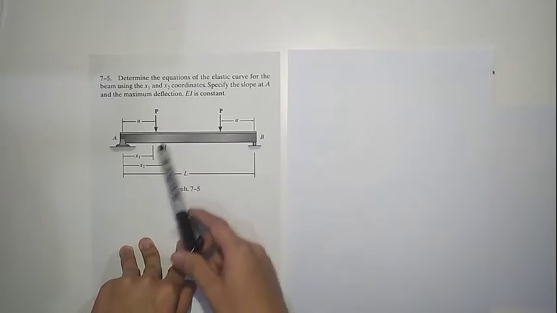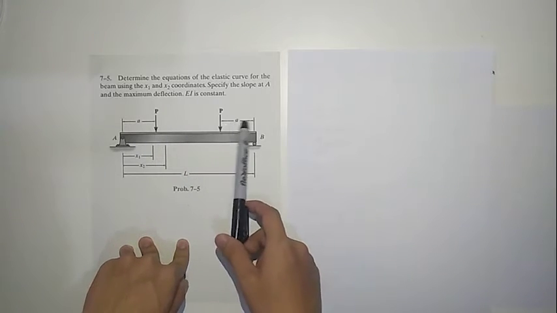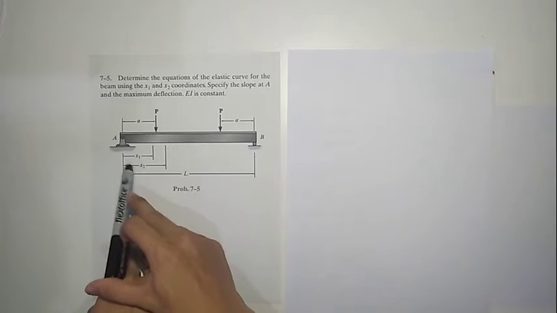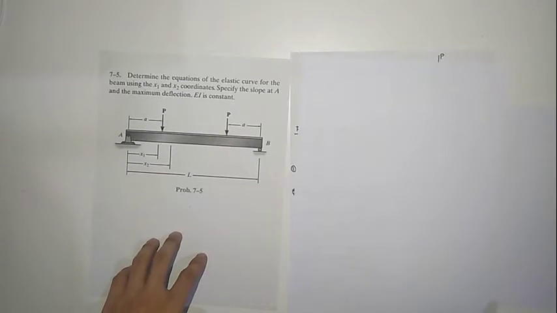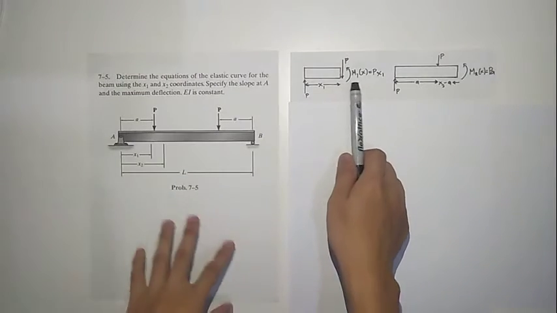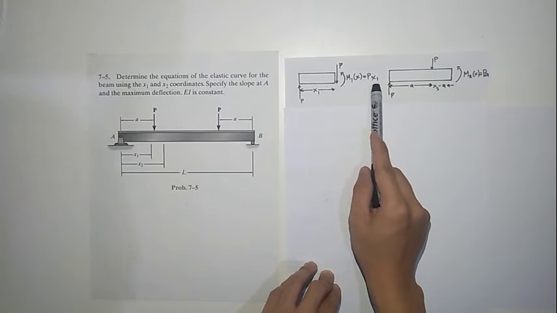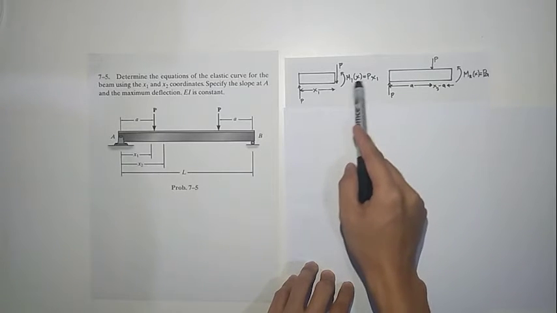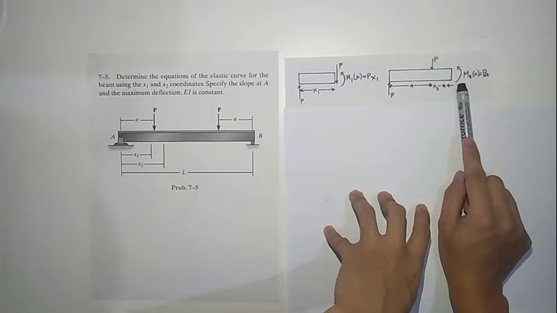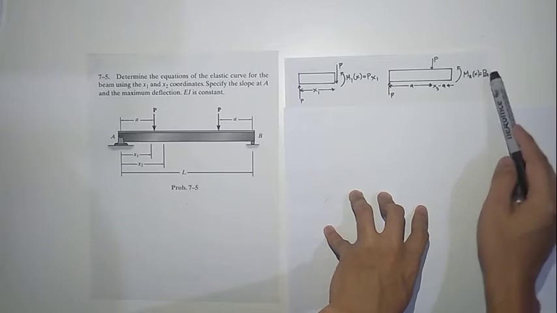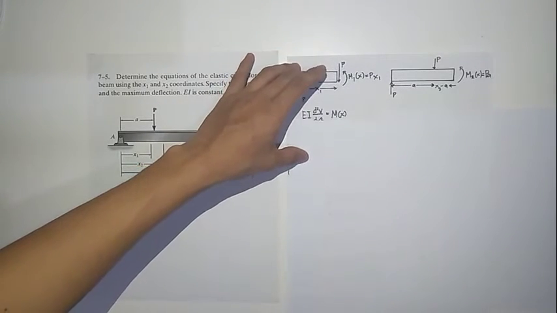So napansin niyo po na parehas po silang may load na P at the same slope at A, and may coordinate na x, y, x1, and x2 na may length na letter L. So, unang-una pong gawin natin ay hiniwalay po natin ang x1 at saka x2, na kung dito po ang formula po ng x1 ay moment M1 times x equals to P x1 coordinate, and dito po ang coordinate sa x2 where M2 times x is equals to P times a or yung slope at A. So next, ang gagawin po natin ay